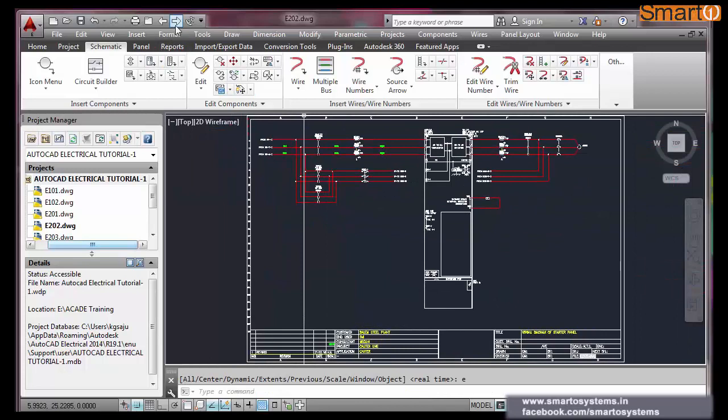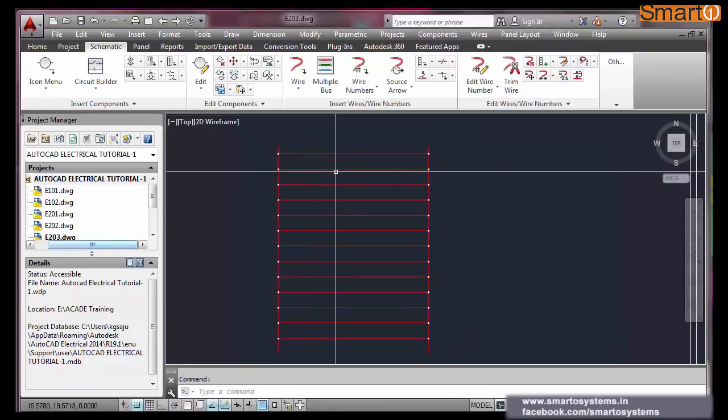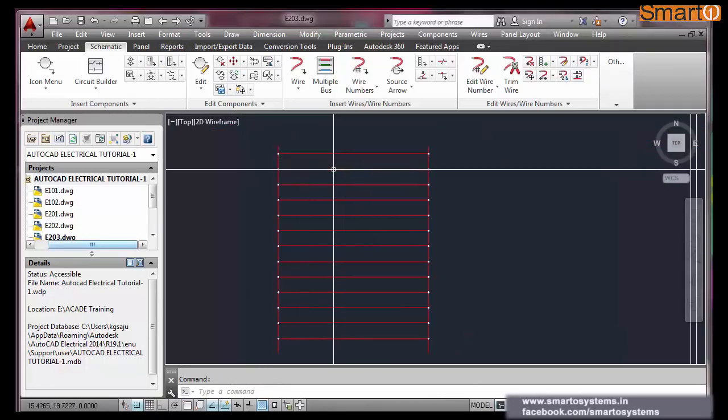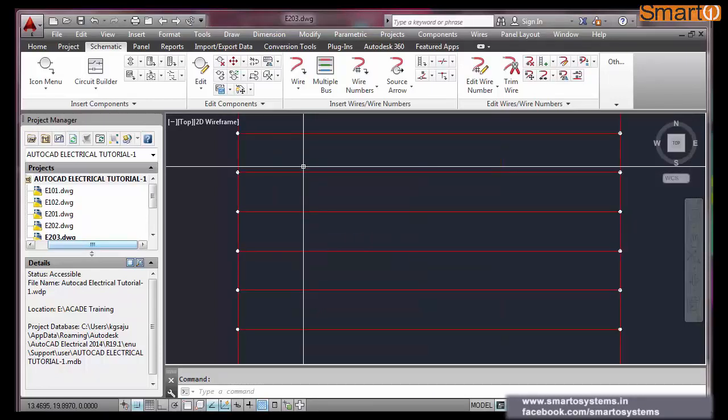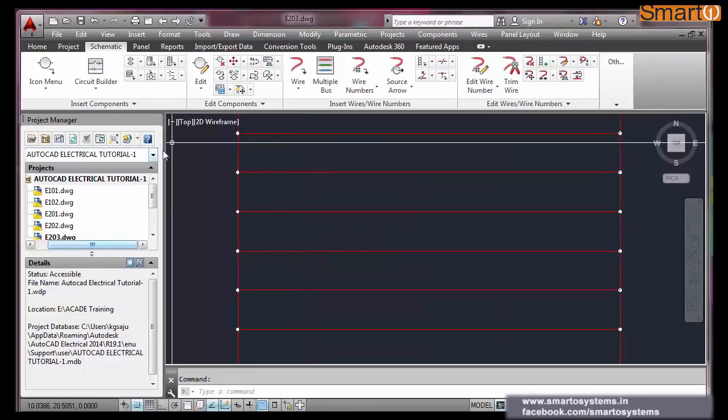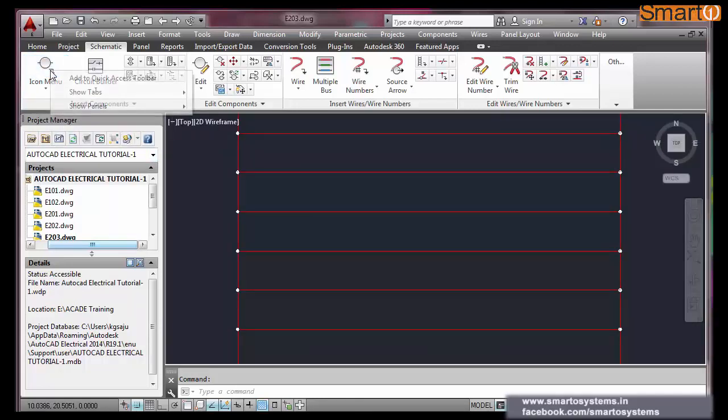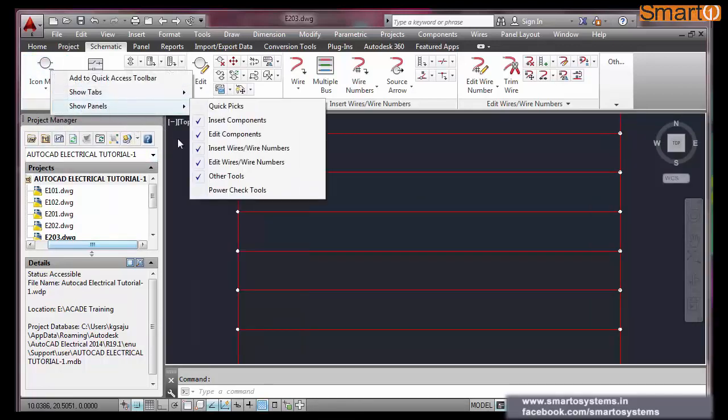Fine. Now we require a selector switch for this purpose, to select whether it is in bypass or in drive mode. So first I need a selector switch. I am going to insert a selector switch now.